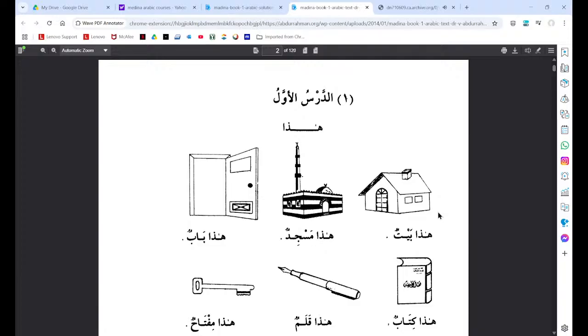Murakkabun mufid. Mufid means beneficial. Okay, so if we say two words, and I stop, I don't say anything else after that, and you understand what I said and you benefited from what I said, this is mufid. This is complete. This is kalam. This is speech. Okay, it's understood. You understood something. Now I could say two words, and you could be waiting for more. You're not sure, or you didn't get anything from what I said. I could say two words, and you haven't benefited from what I said or understood what I said, or you're waiting for me to say something more.